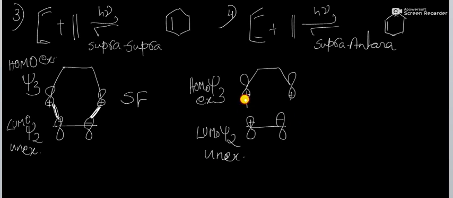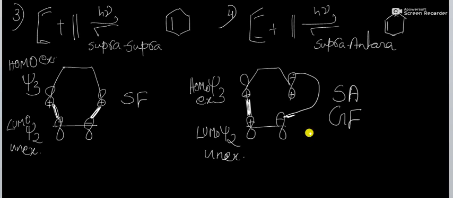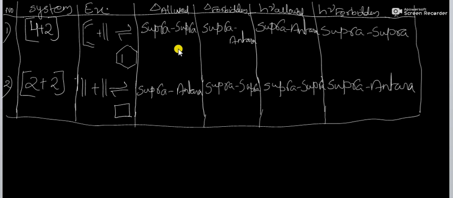Then supra-antara facial addition. Here plus plus and here minus minus. So both the sigma bonds are bonding interaction. So it is symmetry allowed. But we know that supra-antara facial addition is geometrically forbidden. So this is our selection rule or feasibility of cycloaddition reaction, or mechanism of cycloaddition reaction proposed by Woodward and